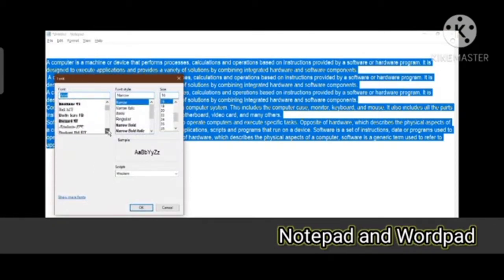There are lots of fonts. You can click this arrow and it will move downside. You can select whichever font you like. See this one. And from here the font style is there, regular, bold, or italic, oblique kind, whichever. And then there is a sample you can see over here, which kind of font you will be getting at the end. So you can click on that font style, you can click on the font type, and then you can click on the size also.